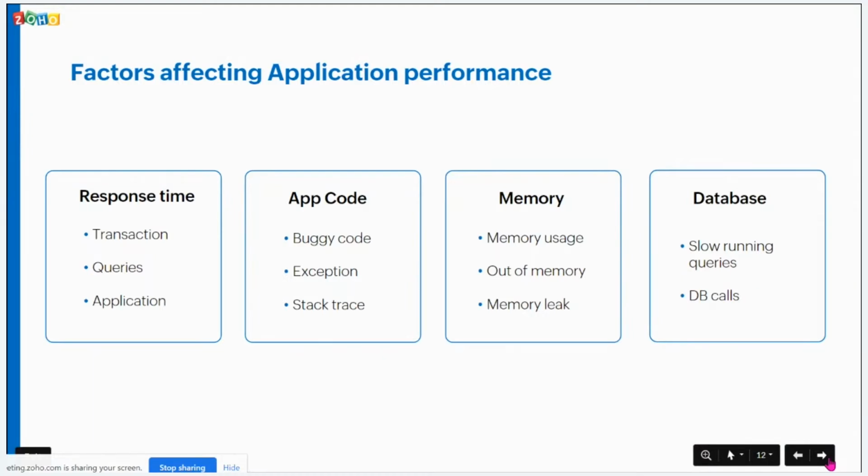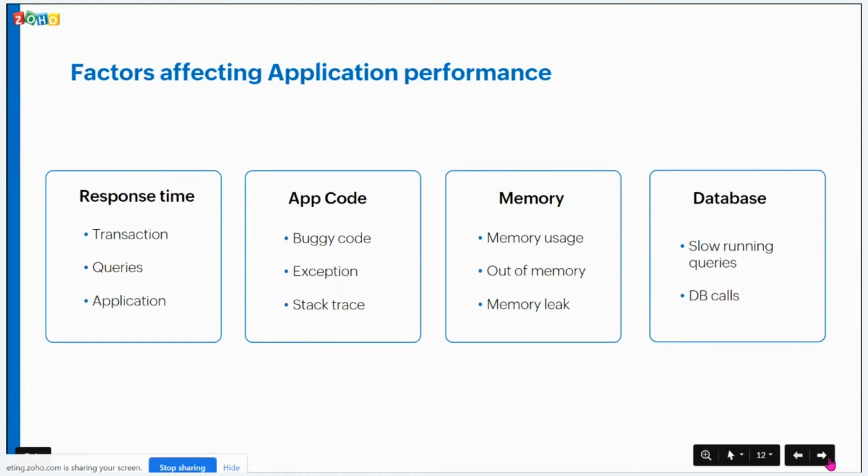Memory usage. Normally, when a high load of transactions takes place, out of memory occurs, or when users are accessing many web pages per second, obviously memory will get affected, and also due to high thread usage. And the database, as we all know, the slow running queries, the DB calls, all this will affect the database performance. Let me quickly show